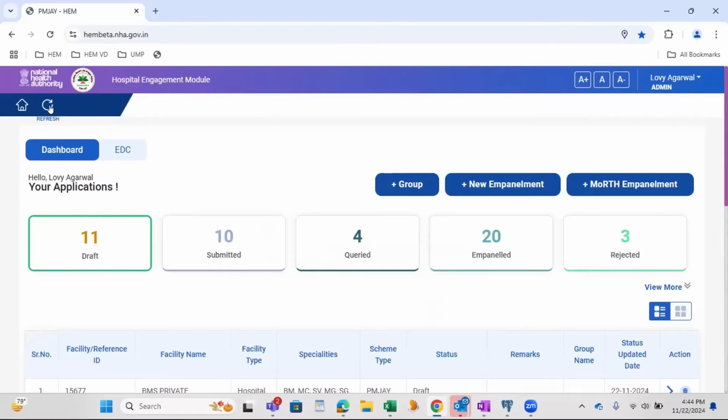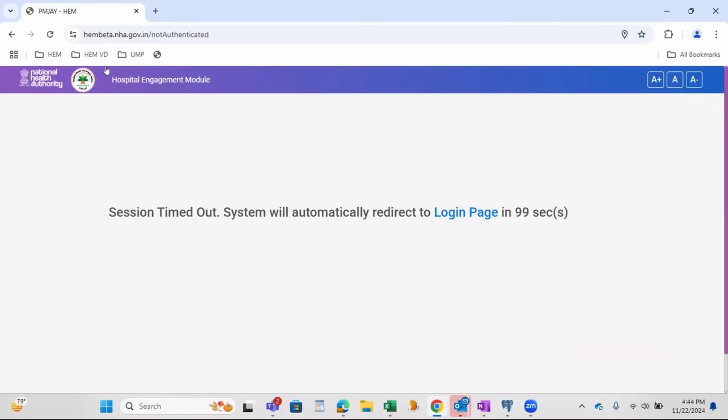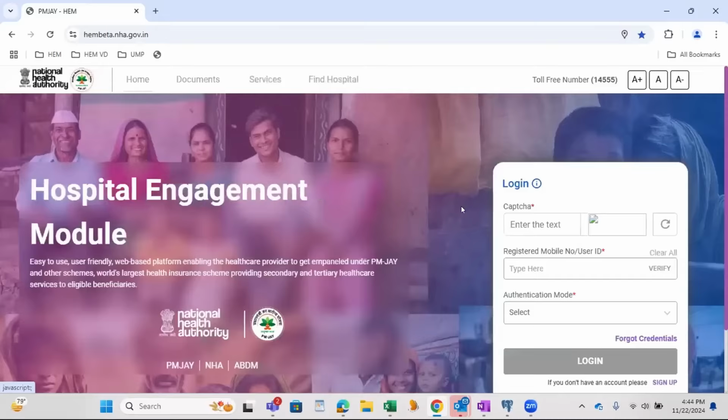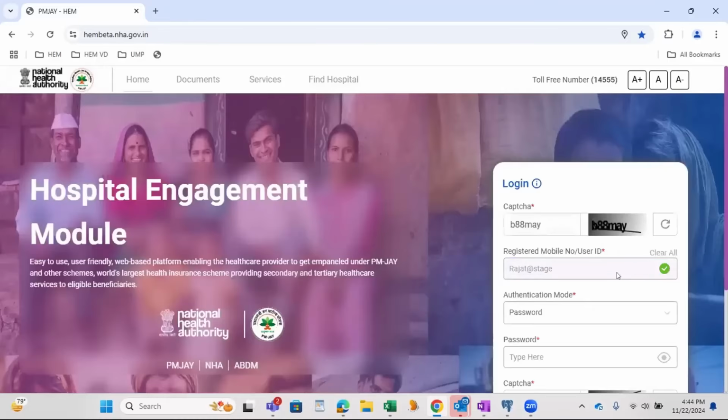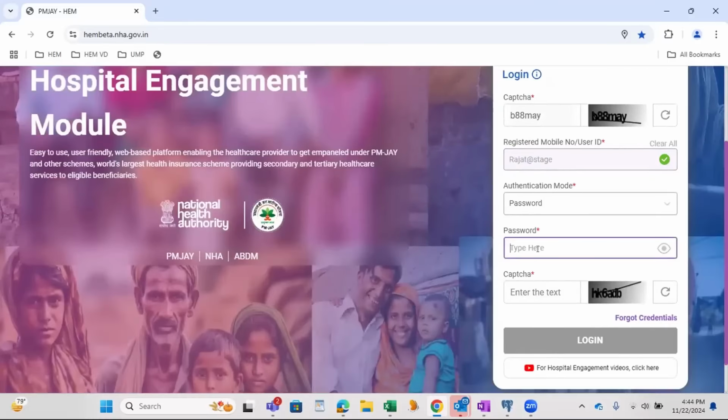So if I go, okay, fresh. Lavi, if you want, you can log in with my credentials. There I can check. The save button is in... All right, verifying. I will log out that. Rajat credentials, you tell to Ravi. Yeah, Lavi, yeah, Rajat at the rate stage. UMP at the rate 12345.